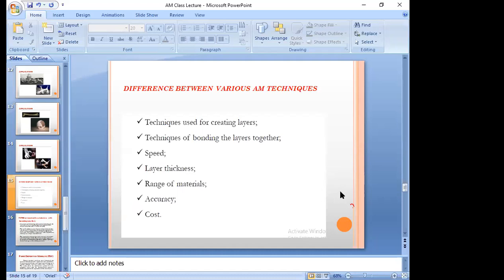accuracy levels, like missiles. If you are going to fabricate or produce missiles, or, for example, what I'm mostly interested in, biomedical applications. These biomedical applications require high accuracy levels, because if you are going to produce a knee joint,